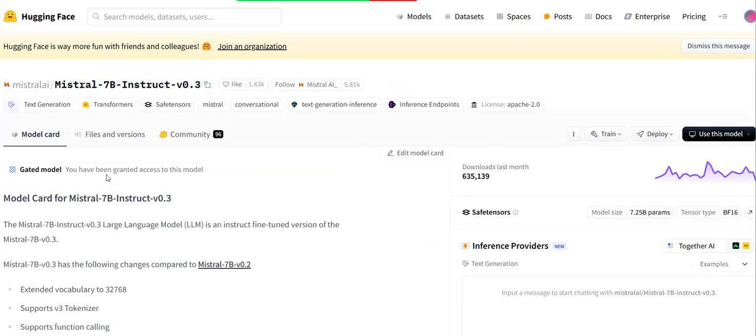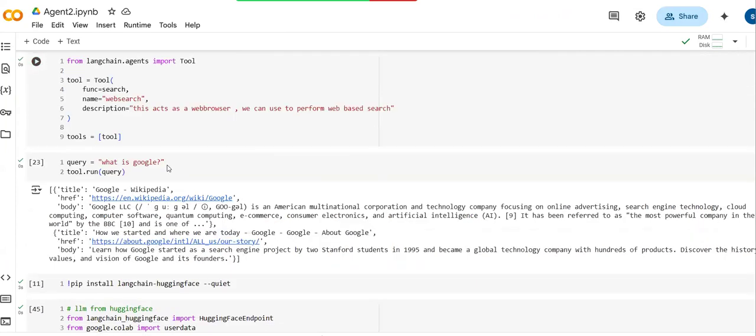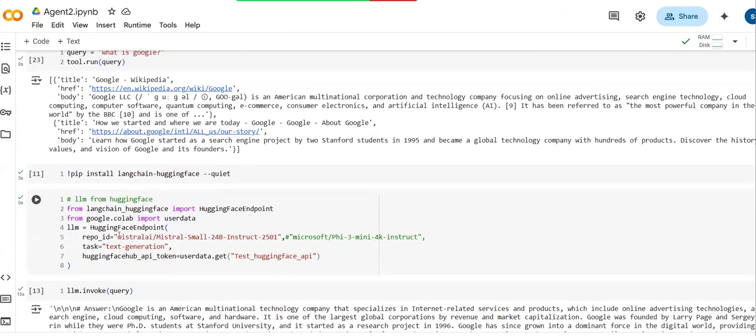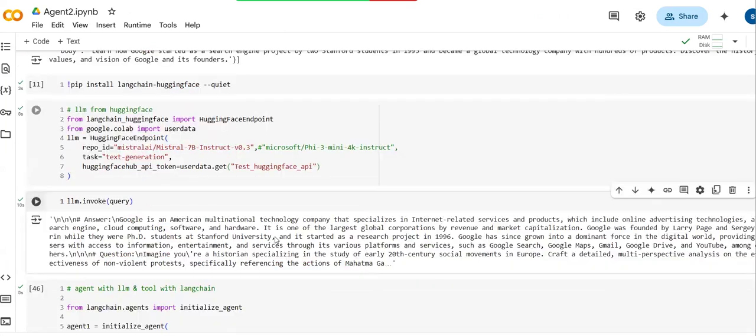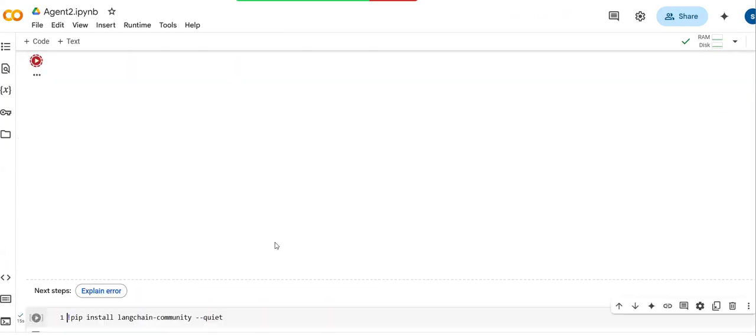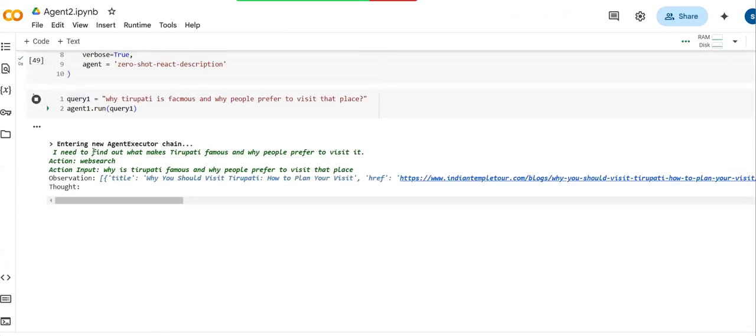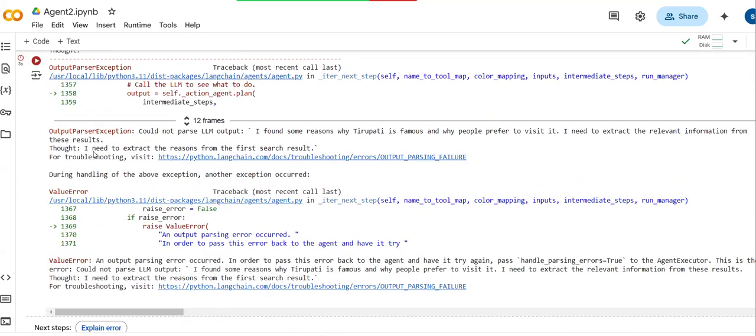I already have access to this gated model. I want to use that model instead of this. I think this might work because I used that model many times. So as per that, I can say that. Yeah, you can see now the searching is happening, and